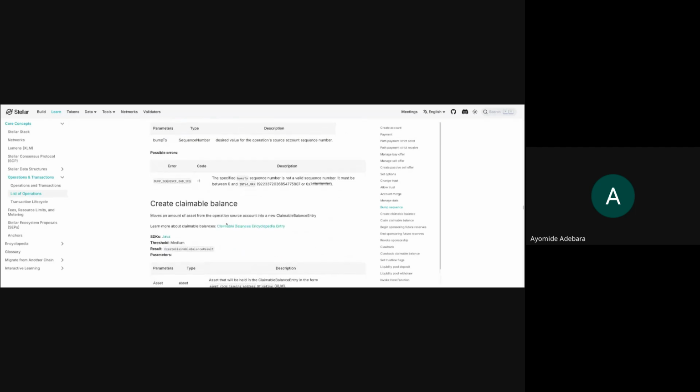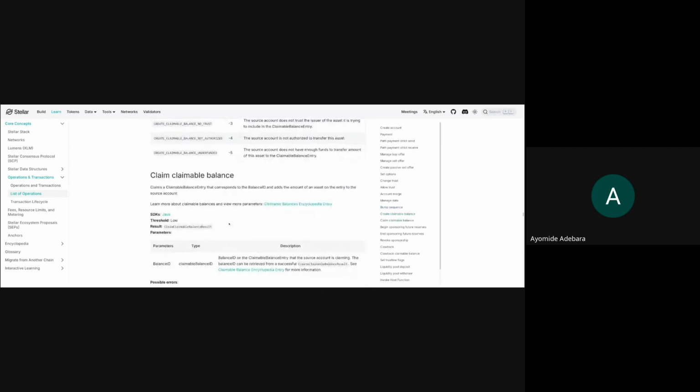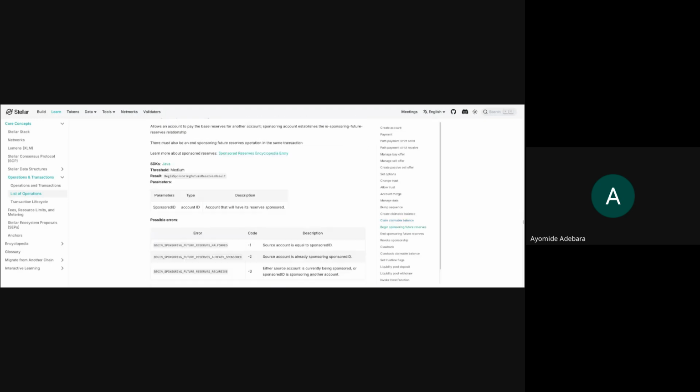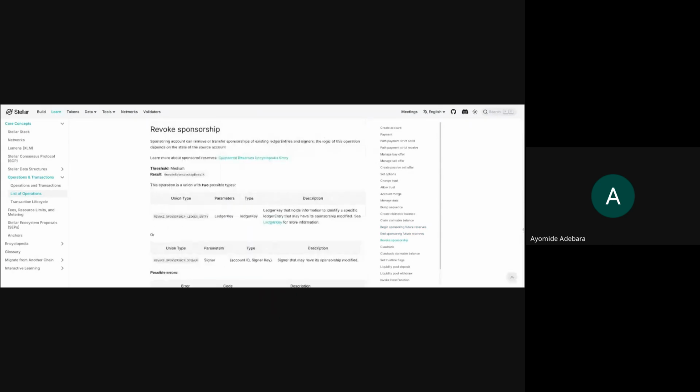So you can think of what you are working on, and you are trying to send a transaction using the Stellar SDK. You can basically create certain operations. For example, this one is revoke sponsorship. Sponsoring accounts can remove or transfer sponsors of existing ledger entries and signers. This is another type of operation.